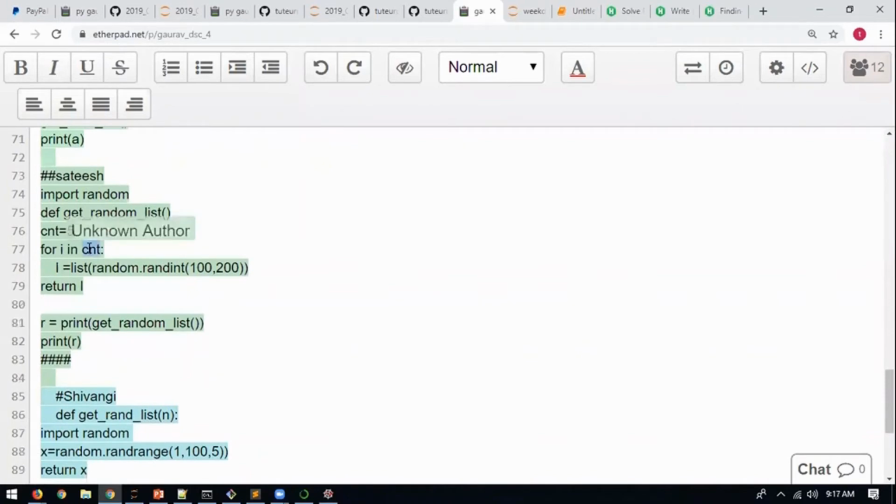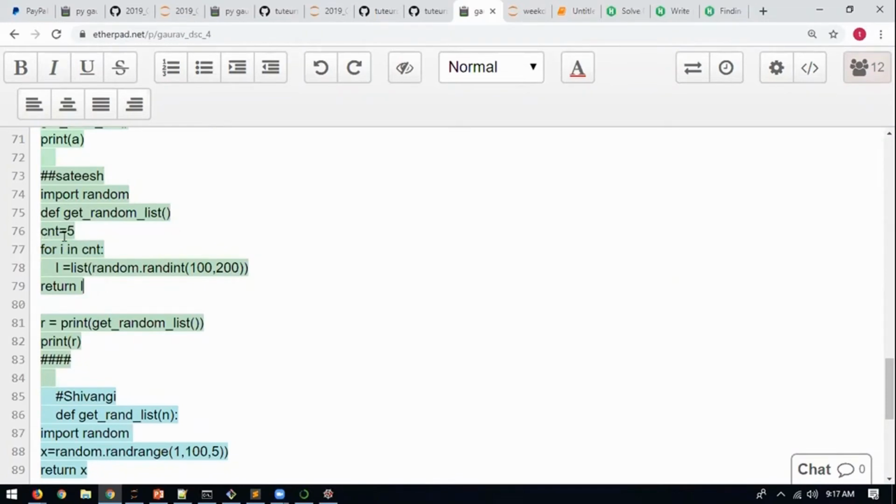Does this part work? This one, for i in c and t. It would give an error. It is giving an error: int object not iterable. This line. First, it will give you an indentation error and a syntax error in this line.